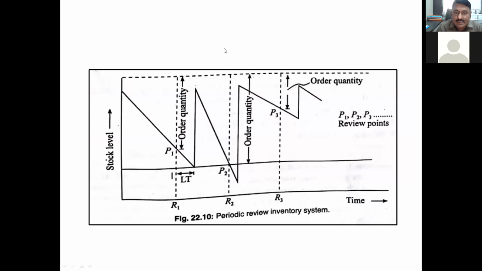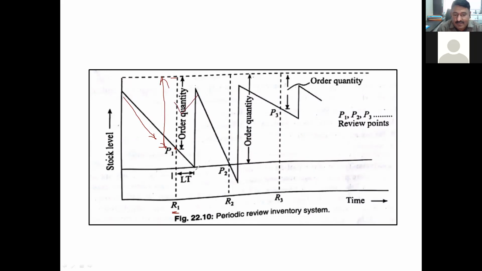You can see here in the diagram, it can be explained. So this is R1, the order quantity. As consumption is going on, at this particular point, you will check. This is the maximum quantity required. We are ordering at this particular junction. So what quantity will be ordered? It is mentioned here. This much quantity is required.